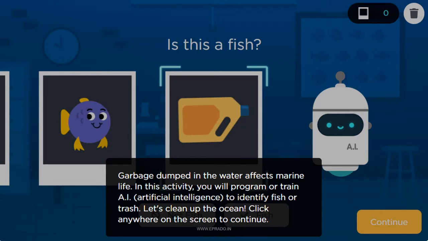Children, today we learned what a graphic card is, and we saw about AI training, that is artificial intelligence training: how we can train a machine and why we want to train a machine, because artificial intelligence is adding intelligence to machines.